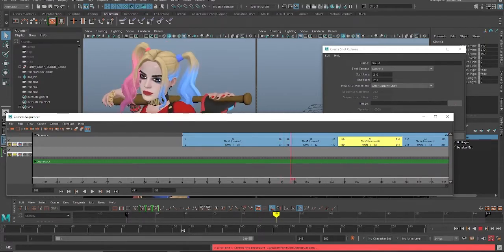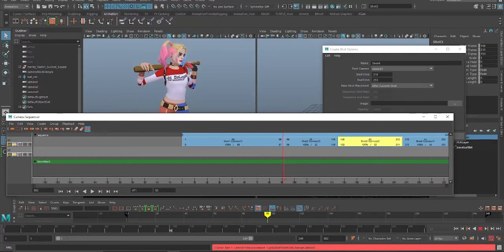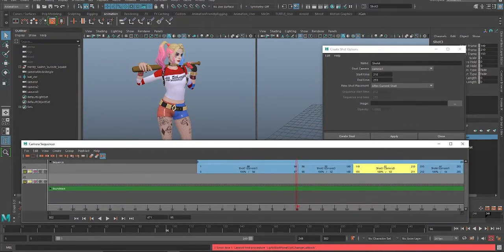So let's say by the time she gets to about a frame or two before, I kind of want the camera to start switching when she gets to this pose. And it's pretty easy to readjust your cameras in here. Even after you create the Ubercam and you realize, oh man, I kind of want to shrink it down some, well, instead of having to go into the graph editor and adjusting the keys, which you can absolutely do,